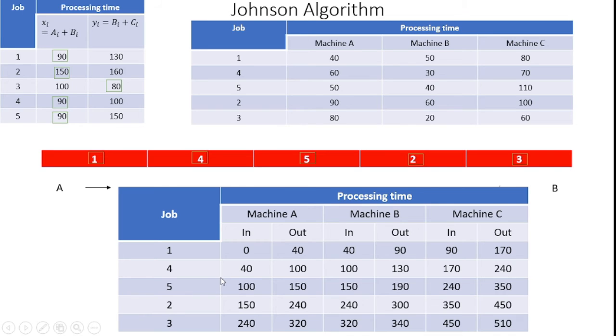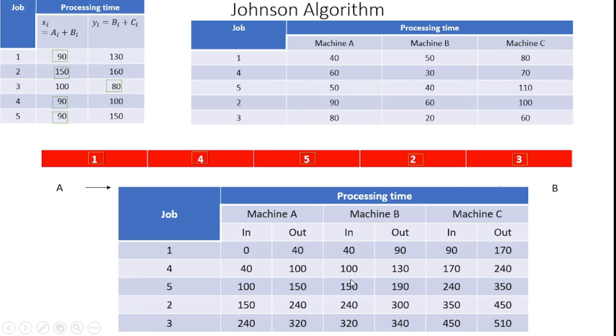Likewise, I can arrange the sequencing time with machine A with job 5. So machine A gets the job at the time of 100, because the fourth job completed at 100 minutes, so I can give the fifth job to machine A at time 100. After the processing time 50, 100 plus 50, 150. As usual, I compare 150 to 130.